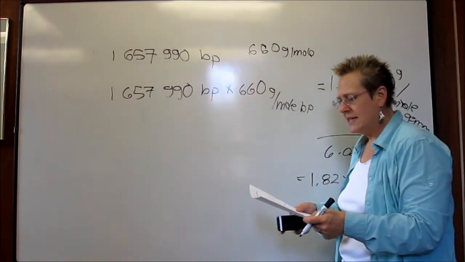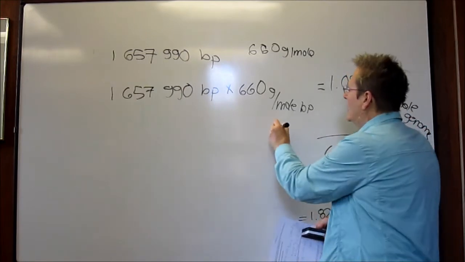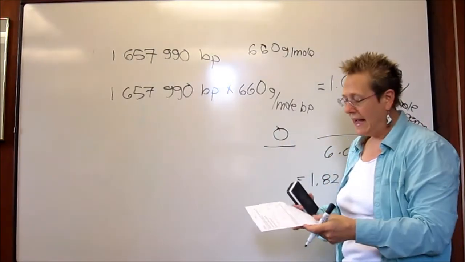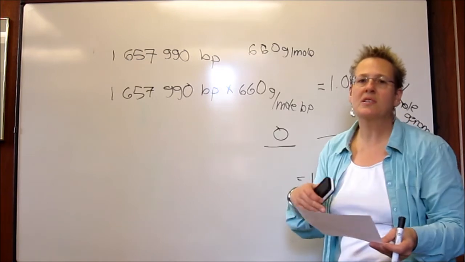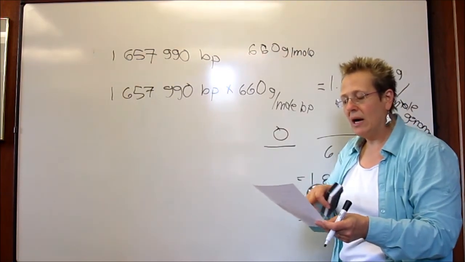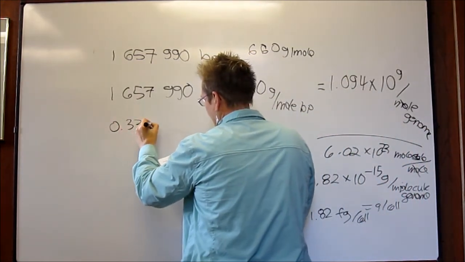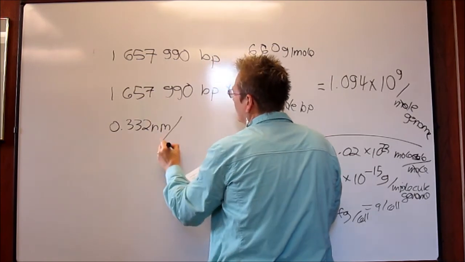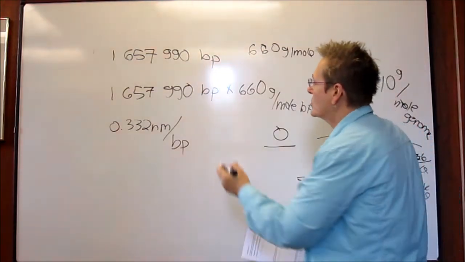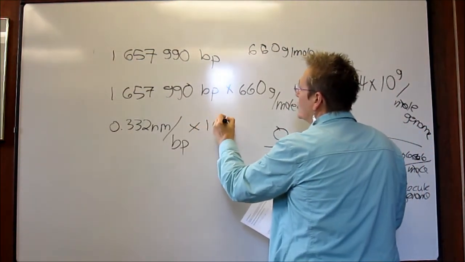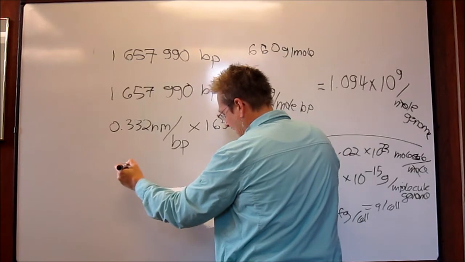The next part of the question is, if it were in a linear piece, and it probably isn't, it's probably a circular chromosome, but if we cut it and made it lie flat, how long would it be? Given the information that there's 10.5 base pairs per turn, that's a red herring, it has nothing to do with the question, and a rise of 0.332 nanometers per base pair. These are just numbers I got off Wikipedia, by the way. So all I have to do is multiply 0.332 nanometers per base pair by the size of the genome,